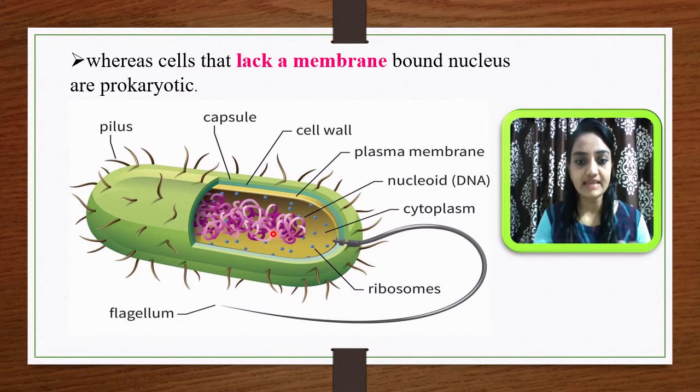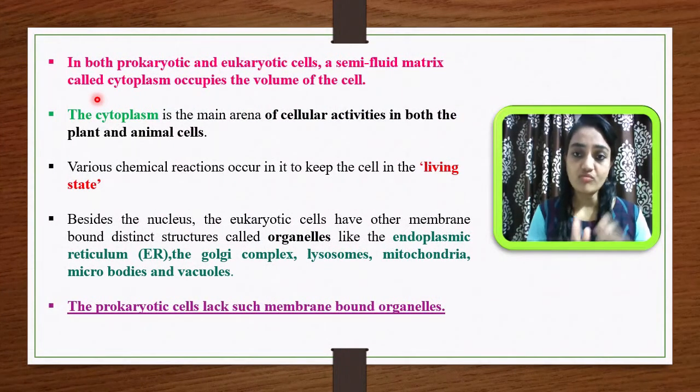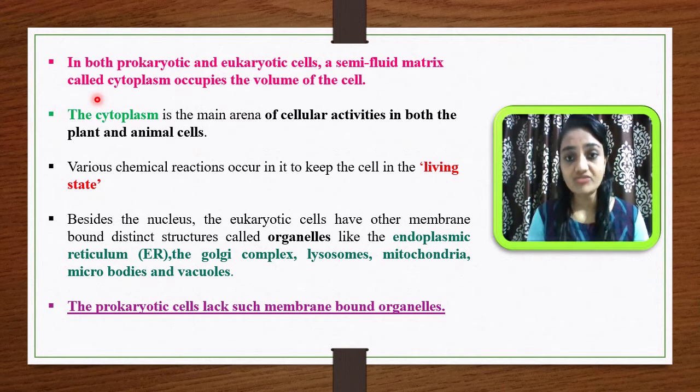That is a naked nucleus, and that's why organisms with this type of nucleus are included in prokaryotic cells. We will learn in detail which type of eukaryotic structure is there and which type of prokaryotic cell structure is there in this chapter. If you compare both types of cells, eukaryotic cell and prokaryotic cell, then you can go through this.